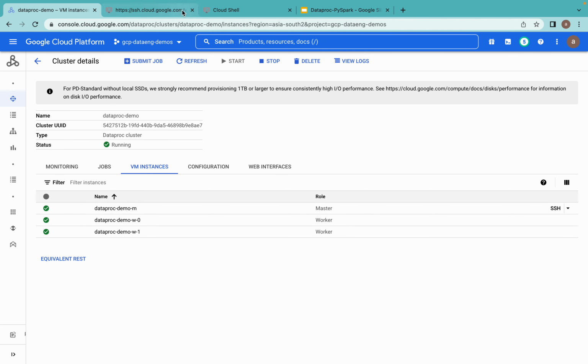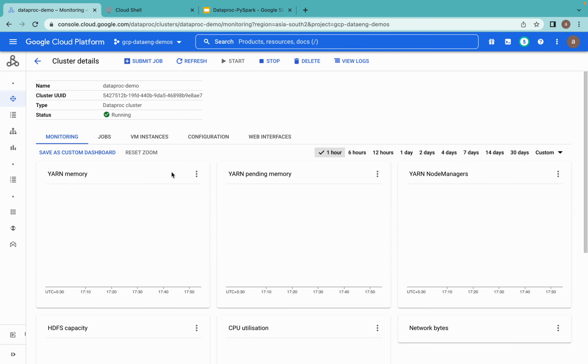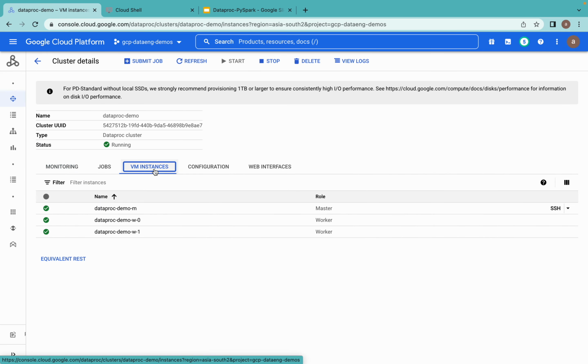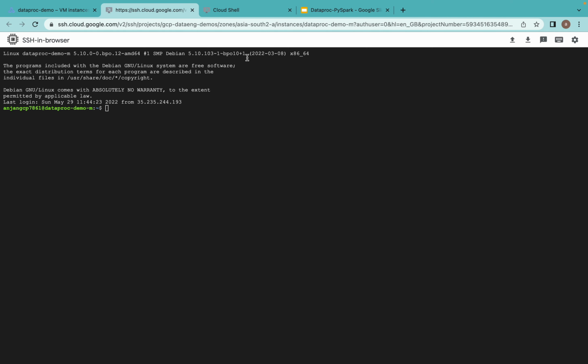Okay, this is my Dataproc cluster, already created. Okay, let me click on this cluster and go to the VM instances. Okay, so this is the master node from where you can interact with the Dataproc cluster, right? It will open up the master node VM instance file system. Okay, it's taking some time. Yeah, if you see, I have some data. Okay, if you see this data,